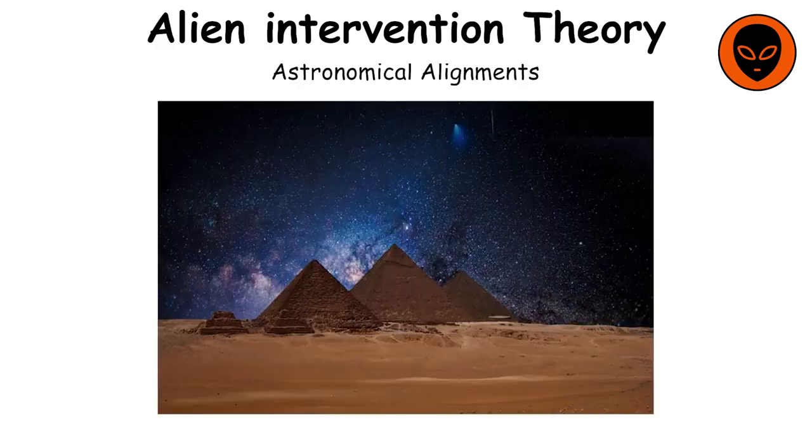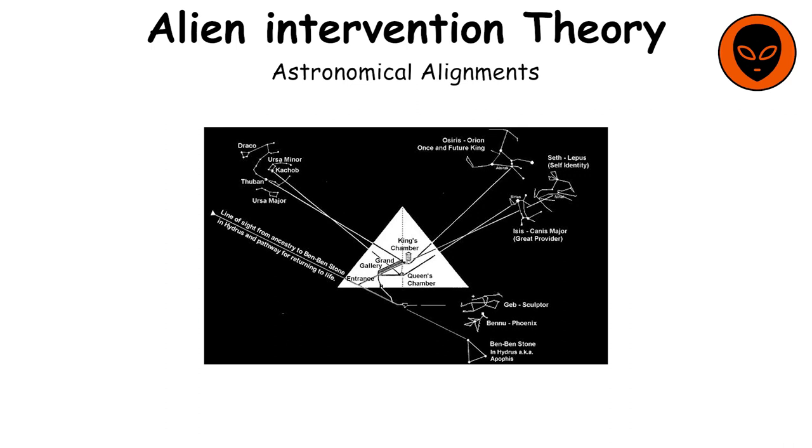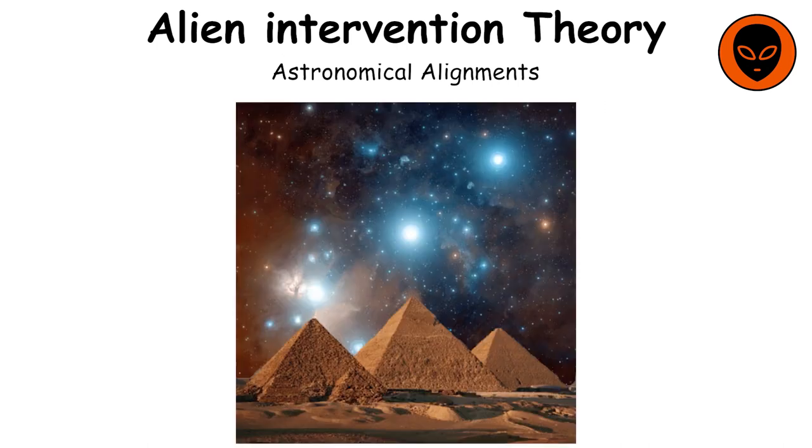Astronomical alignments. Proponents point to the precise alignment of the pyramids with celestial bodies, such as the stars in Orion's belt, as evidence of extraterrestrial involvement. They argue that such precise astronomical knowledge and alignment would have required advanced technology or guidance from beings with superior